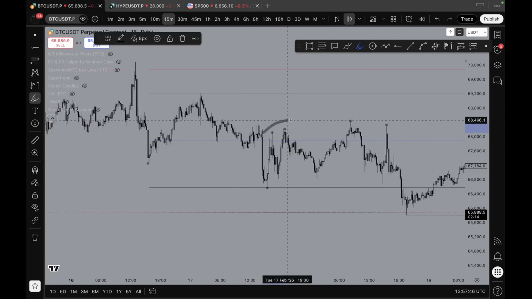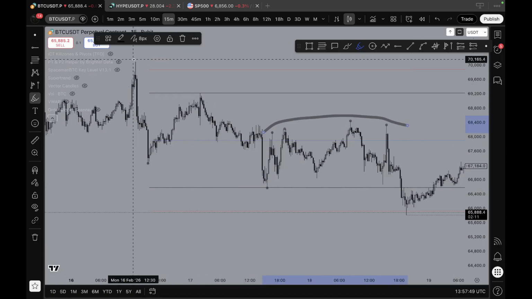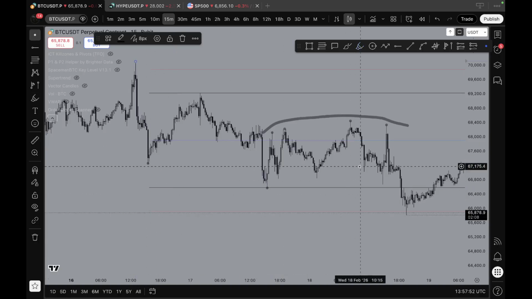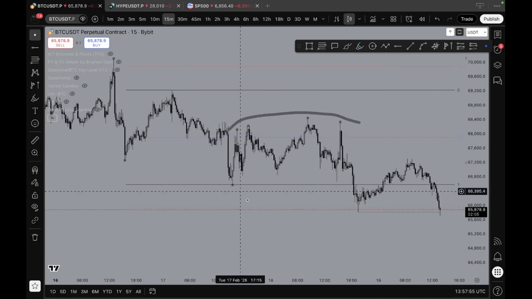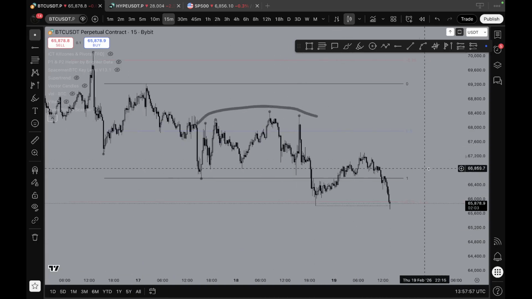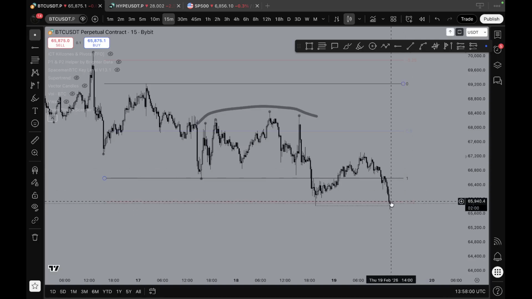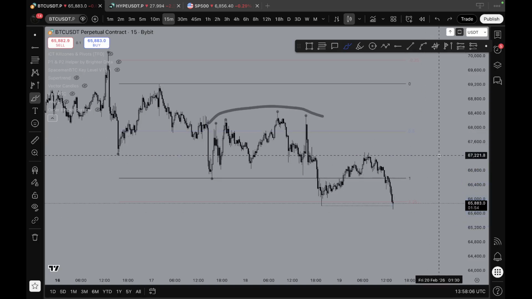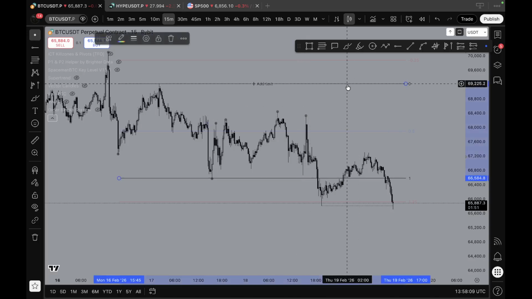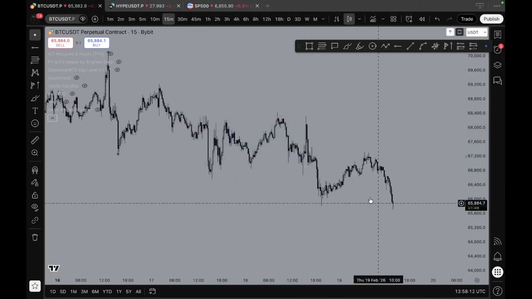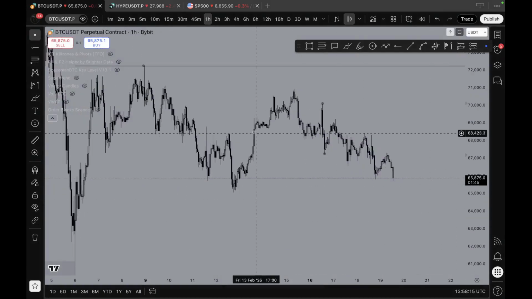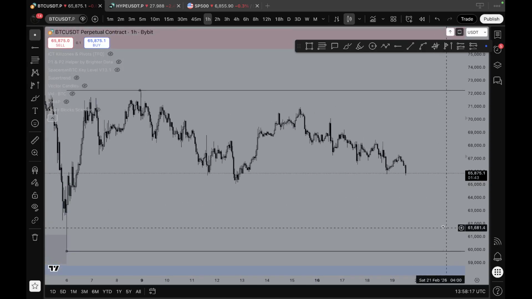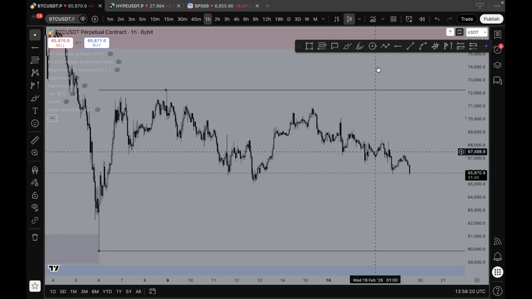So at that point, it was more like, okay, it's likely that the high of Monday will hold, and that this is just local weakness instead of accumulative price behavior. So also right now, I'm more leaning towards a lower high for lower low until proven otherwise. So let's see what price action gives going into New York, which is in half an hour. And beside that, I will not force anything. This is choppy price action, but if you just follow local market structure, then it's not too worse to play,